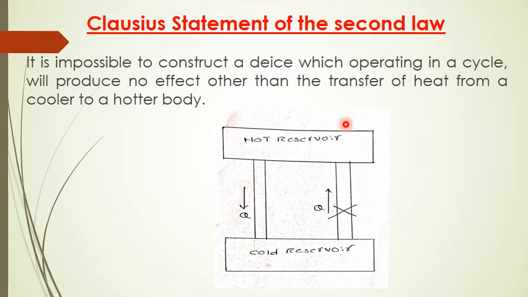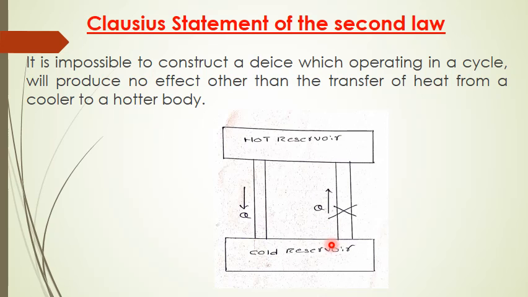We know from common sense that heat always travels from a hotter region to a cooler region. That is the natural thing we can observe in nature, but the reverse of this is not possible. That is what the Clausius statement of the second law says. We know that in normal conditions, from the law of nature, heat travels from a hotter reservoir to a cold reservoir. It is natural, but the reverse of this is not possible without some amount of work being added to the system.